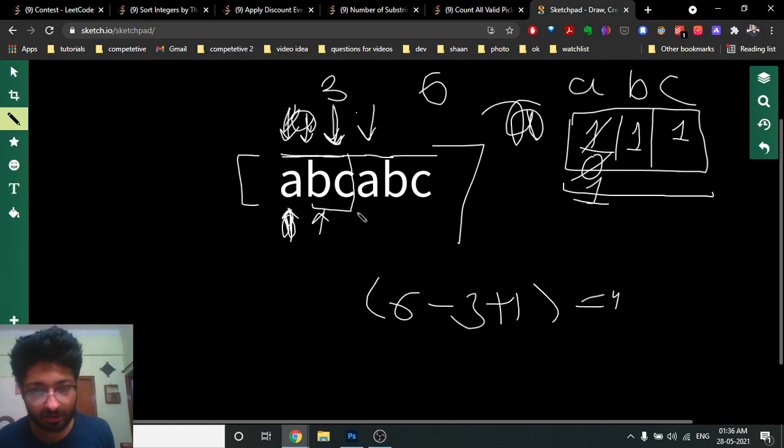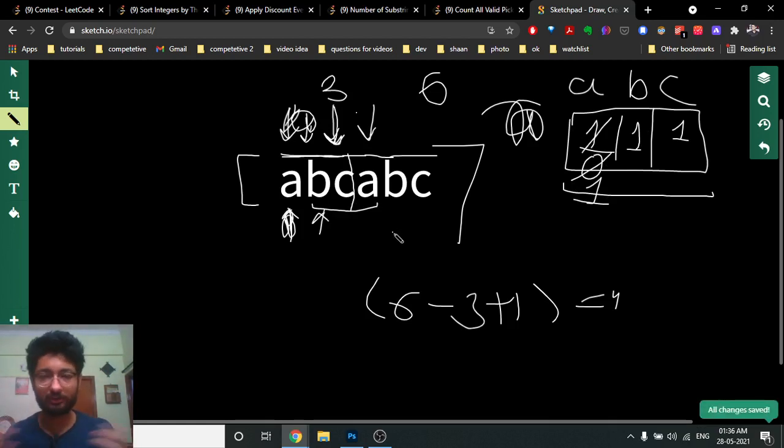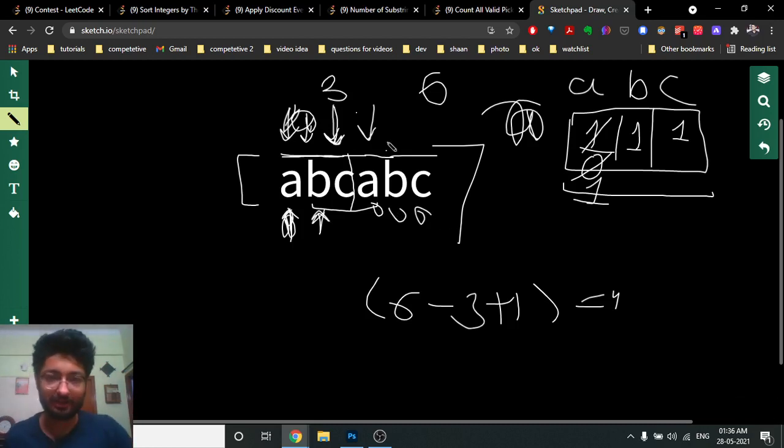And I have now also come to a point in which I have found a substring which consists of all the 3 characters. So now starting from this point, all the substrings ending at this and this will have all the 3 characters at least once. So the index of this is actually 4. So 4 minus 6 plus 1, which is 3. So plus 3 is added to this.